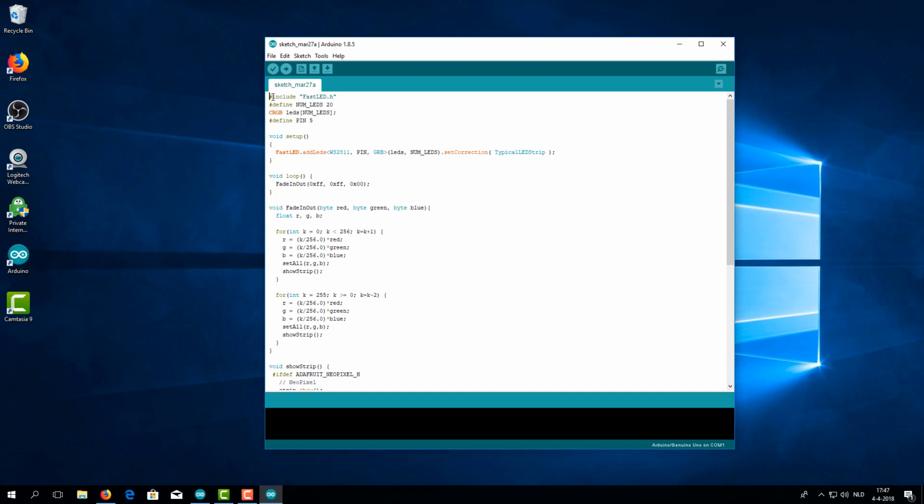And right here, you see a part of the code that says include FastLED library, and that's why we needed to add that .zip. Right here, it says define the number of LEDs you'll be using. It says here they're going to use 20. In my Anna jacket, it's up to 580, so this number can go as high as you want it. So you just put in the number right there, and define pin 5 is actually what pin we'll be using